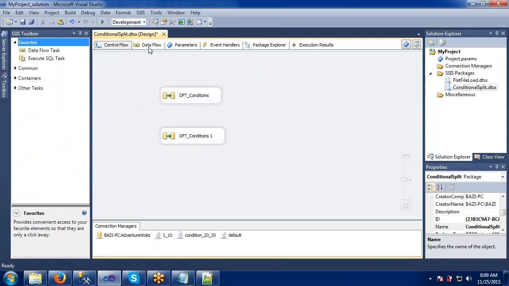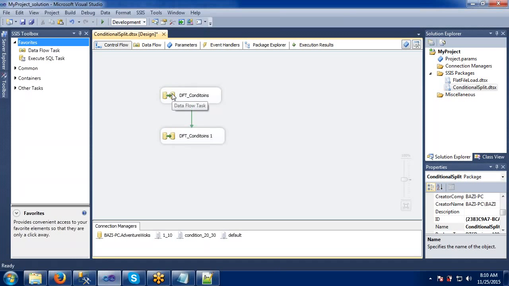So how will this control flow be? Till now we have seen the data flow, right? What is this control flow? Simply we can say control flow is the brain for all this data flow. It tells which task should be executed after which task, whether it should be success or failure, whatever it may be. All these things are maintained in the control flow. Means the first task is this one, and once this task is done, this next task should be executed.